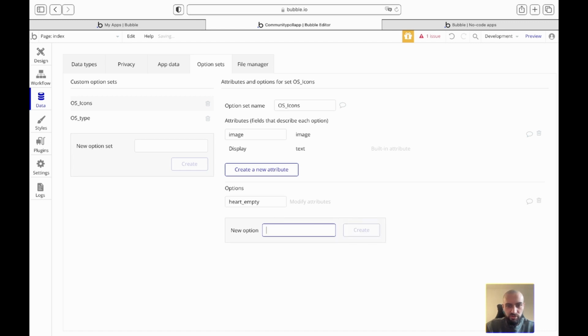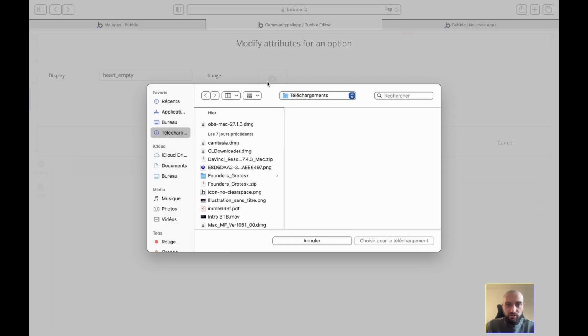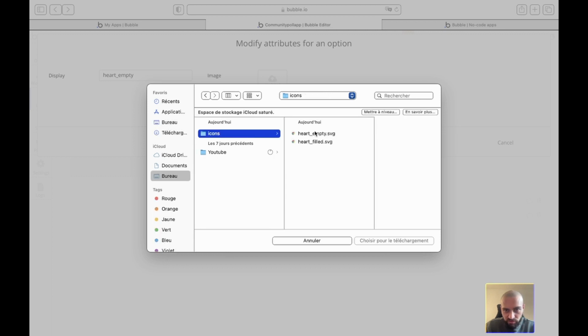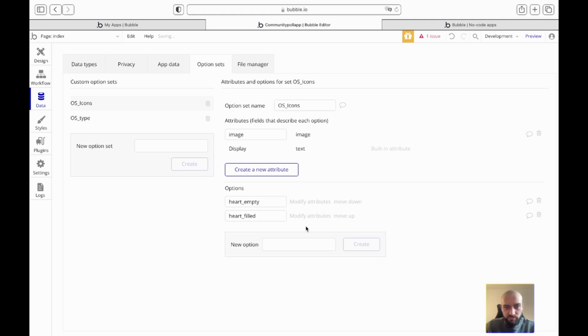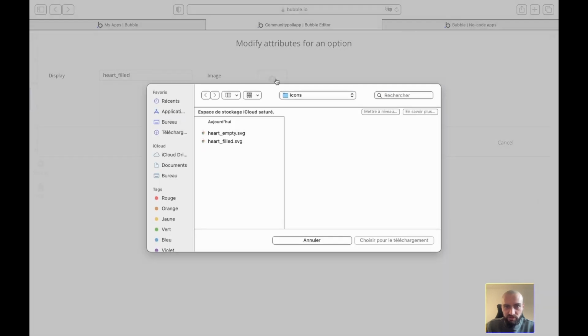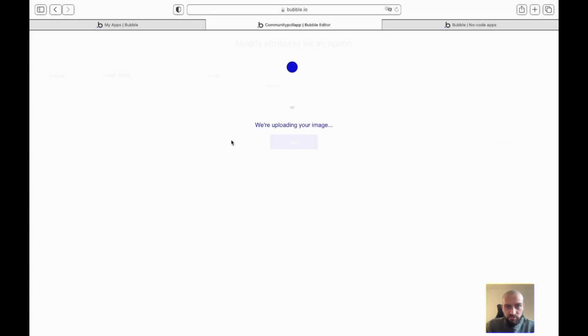So empty earth field, and what it does is that then I can upload it. I think it was in here, icons, earth empty. Let's go, and then earth field. Let's go,